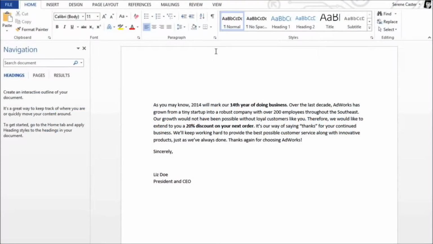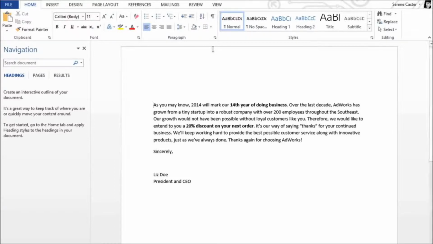Mail merge is a great time saver if you need to create multiple documents that are the same but unique in some way, like name tags for an event or envelopes printed with each person's name and address. The document I have here is a letter offering customers a discount on their next order. I want to personalize it by addressing each copy of the letter to the customer, using information I have stored